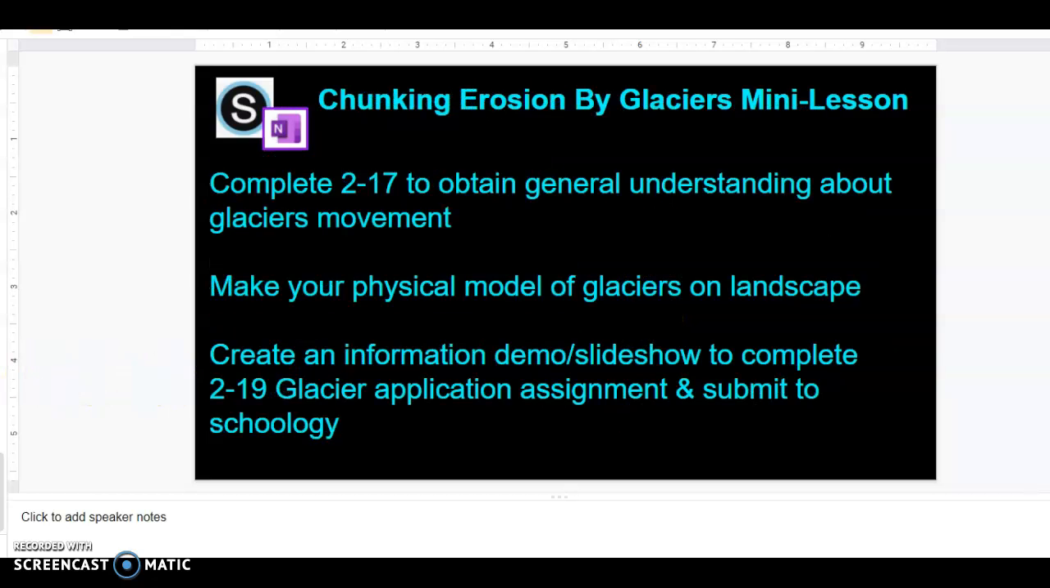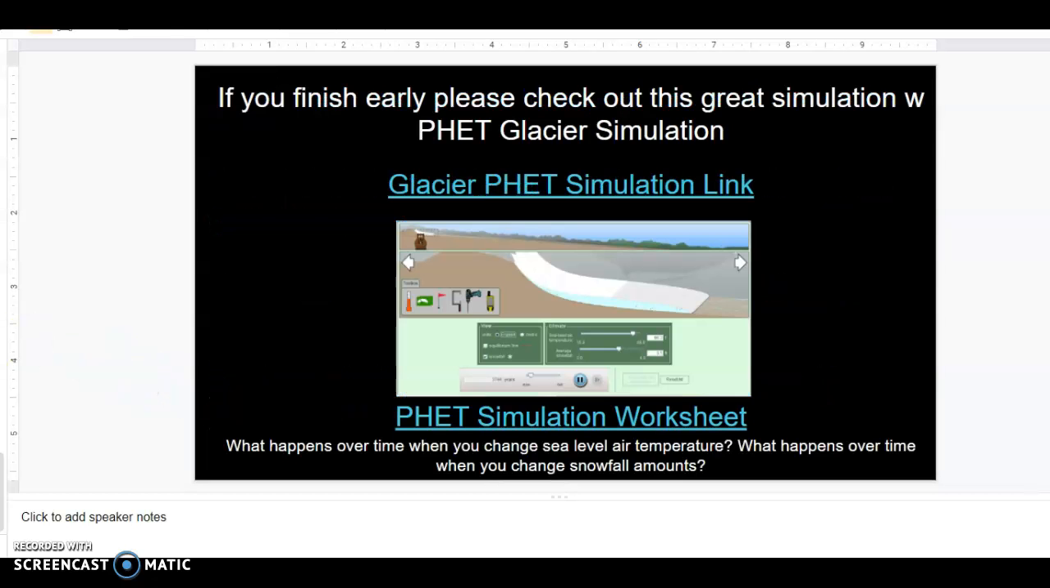What I did was chunk this overall lesson for you on one slide. Complete the 2-17 to get your understanding of glaciers, make your physical model, and then start your application demonstration video or Google slideshow. And then the last slide is just, if you have the extra time, you can check out that cool